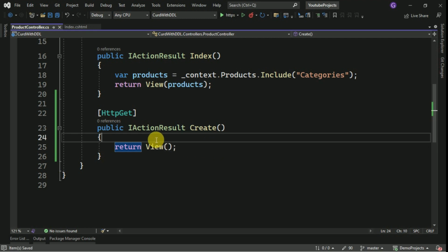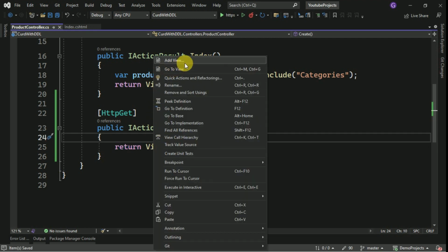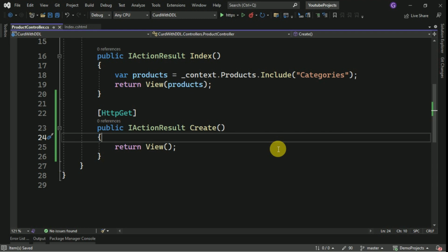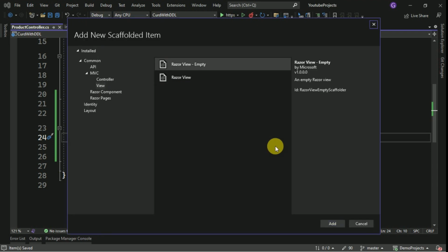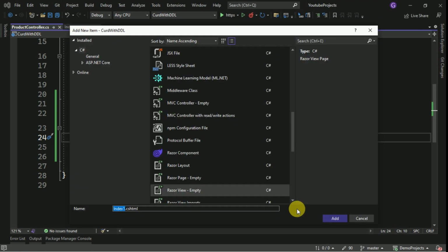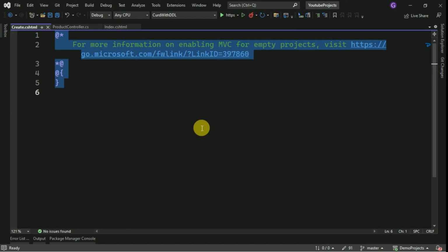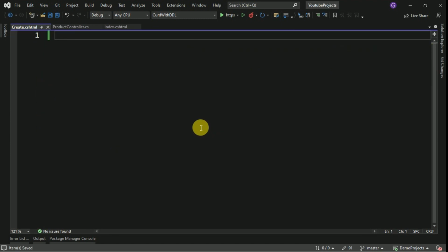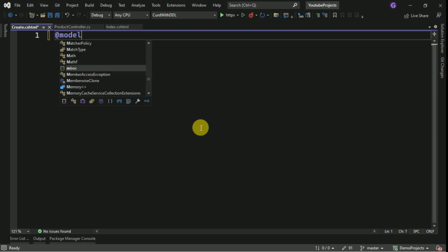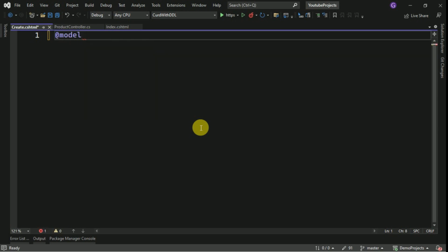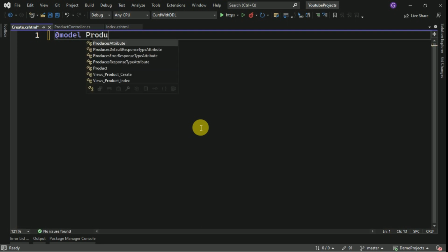I'll create a view here. Right click on the create action method, add view. I'm taking empty view, add. I'll make it as create. Here we have to design our view for create. Here I am going to call model. It's a product model,